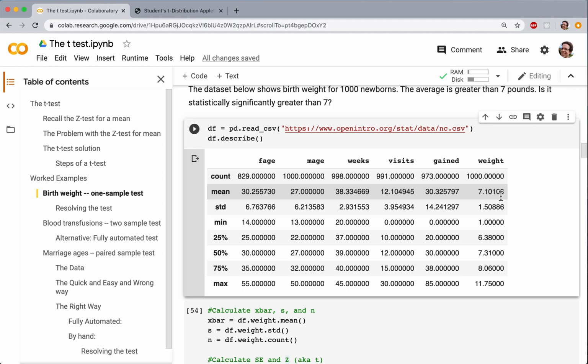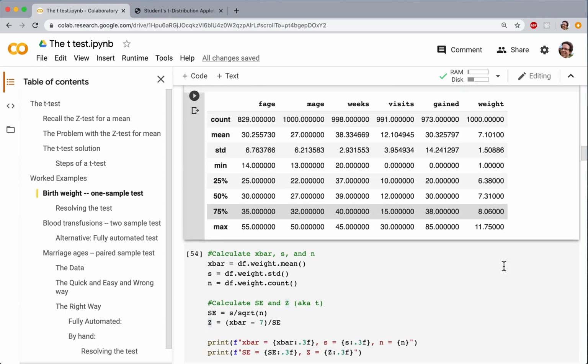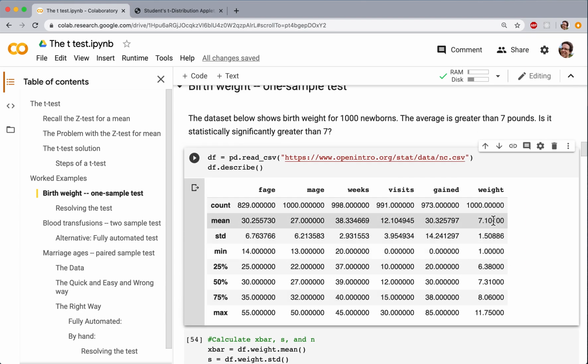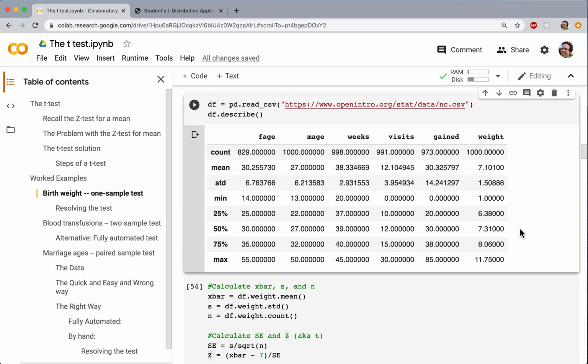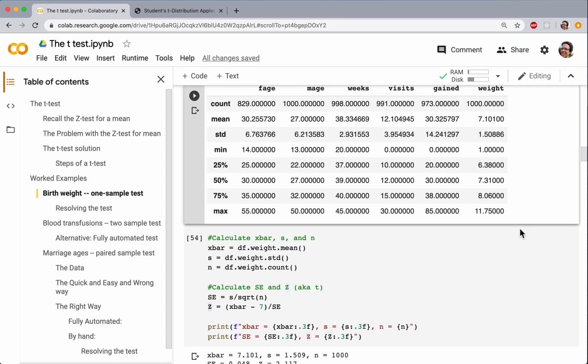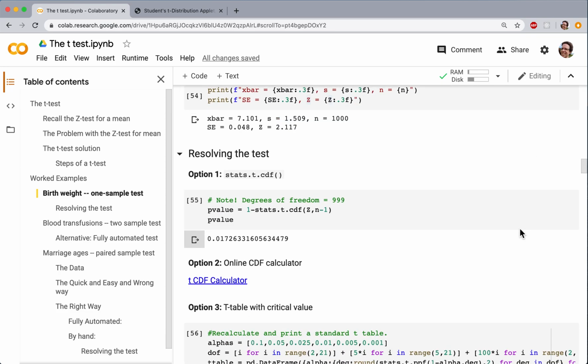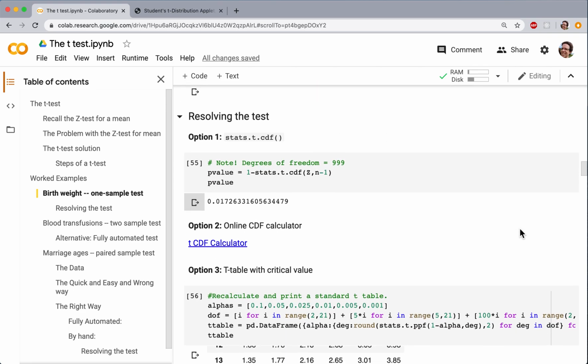This is a good time to remind you that statistically significant is not the same thing as important. What we have here is statistical evidence that there really is a difference between the average weight and 7 pounds. Now, whether this extra 0.1 pound actually matters in the world, I don't know. What we have here is a measurement that the effect is real, not necessarily a measurement that that 0.1 pound is significant in the sense that it's important to the health of the newborn. Although it certainly could be, right? I'm not saying it's unimportant. I'm just saying that